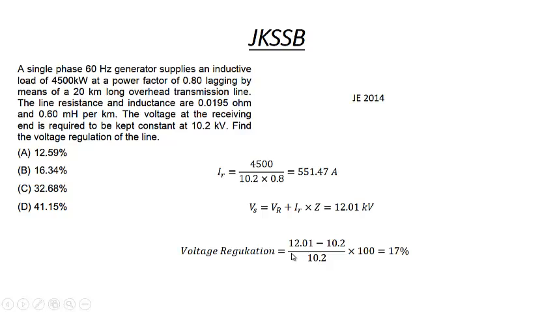So voltage regulation will be (12.01 minus 12.2) divided by 10.2 into 100. It comes out to be around 17%. This is close to this. Sometimes there are some variations in the options, but you have to choose the closest option, that is 16.34, the voltage regulation. You can see here